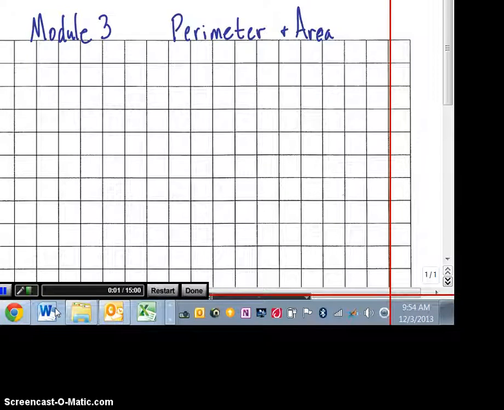Today we're going to figure out the perimeter and area of a rectangle. To find the perimeter and area, first we must draw a rectangle. If we were given information about the rectangle, such as a width of 8 and a length of 5, we